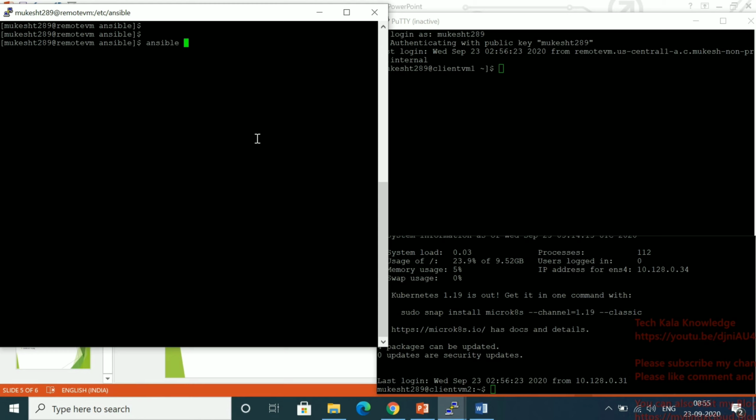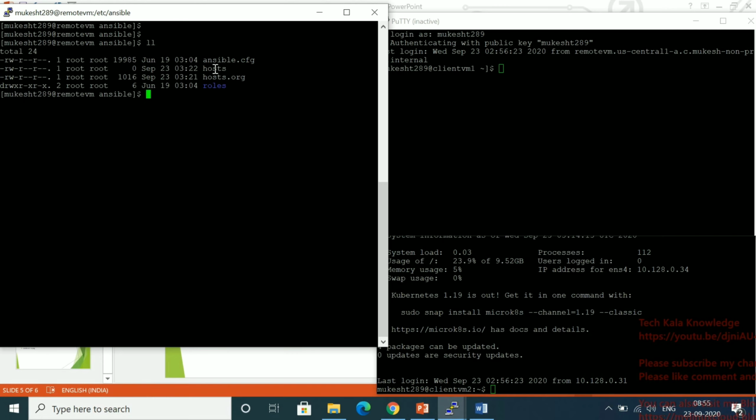I am going to type here all, which means whatever is listed inside the inventory file, the host file, this command will go and check all the client servers.